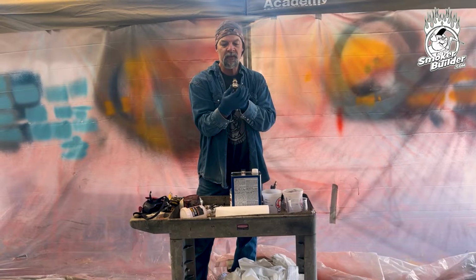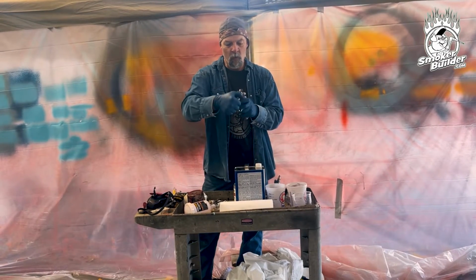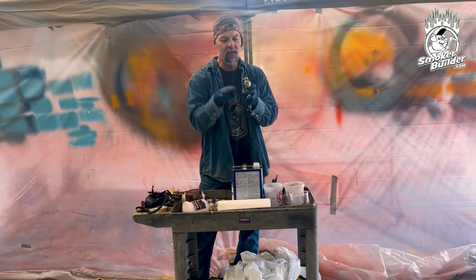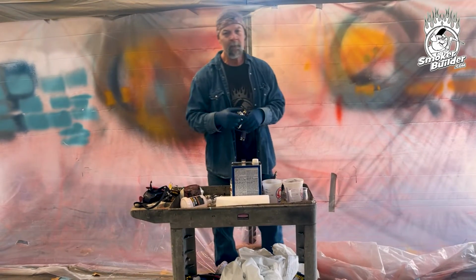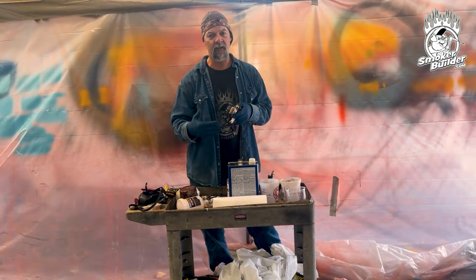And so if this is pointed this way, you've got a vertical fan like this. And if you want, you can loosen this while you're painting and rotate that, and you can change the fan pattern to be like this. That's one really good benefit to a gun like this. Another thing is you can thin your paint enough to where whenever you're spraying it out, it lays really good